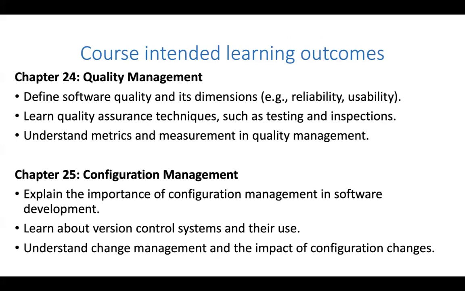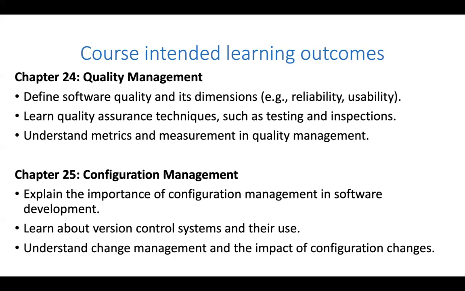Then quality management, reliability and usability. Most commonly, especially if we want to check our created software, we look into some quality management. Let's say we use ISO standard 9126 or ISO standard 92. It depends upon your software, such as web, pure software development, and so on and so forth. And we look into quality assurance techniques like testing and inspection. We are able to understand the metrics and measurement for quality management.